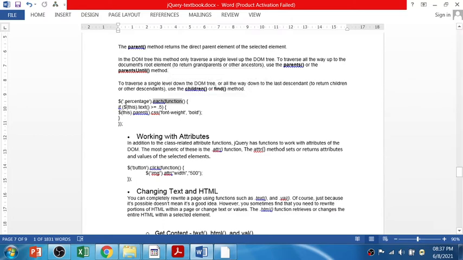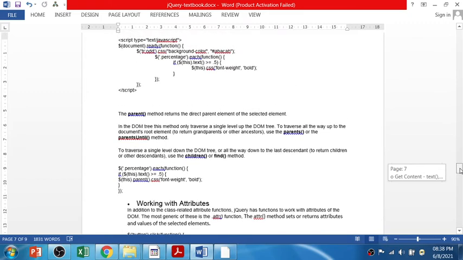So if dollar this dot text is greater than or equals to dot 500, in that curly bracket you can see dollar this dot parent, right? What is the parent of the percentage class? So that parent element dot css, their font weight will be bold, right? So as per that,